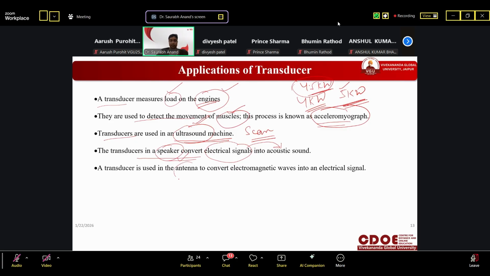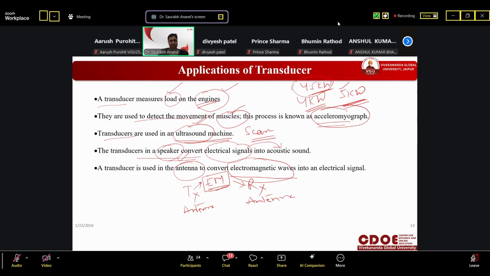And the antenna is also the transducer. What is the use of antenna? Antenna is used as transmitter as well as receiver, both sides. At transmitter side, it is transmitting into air. At receiver side, it is receiving from the air, right? So in air, it is in form of EM waves, electromagnetic waves. I told you in the beginning, right? So it is in EM form. So first, the transmitting antenna will convert into EM waves, and this RX antenna will convert EM into electrical form again.